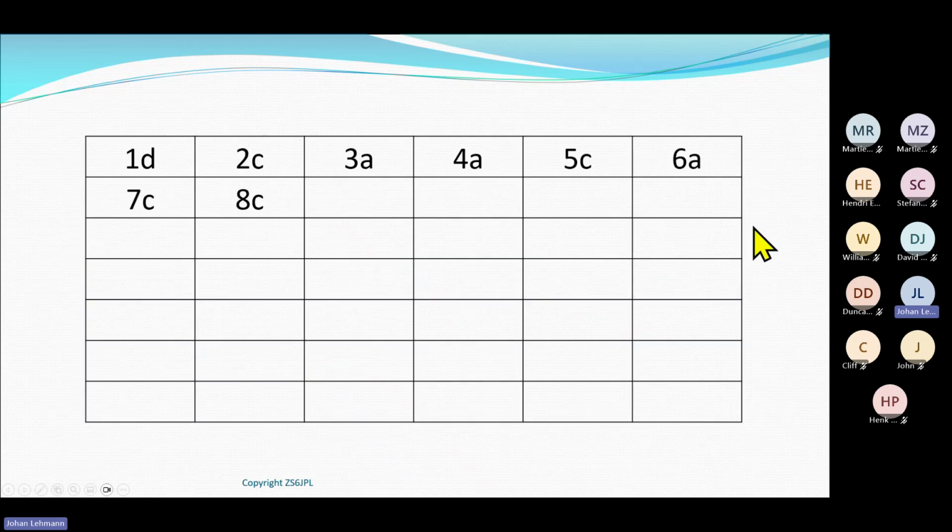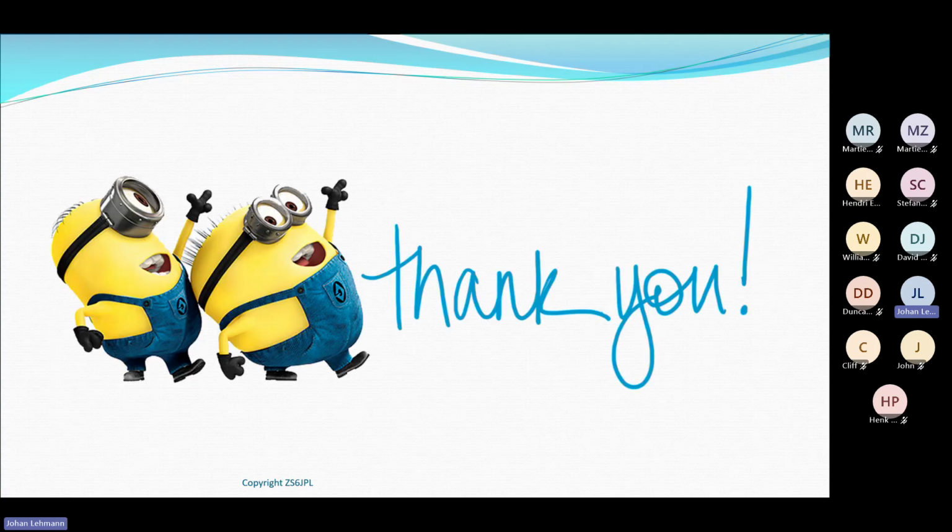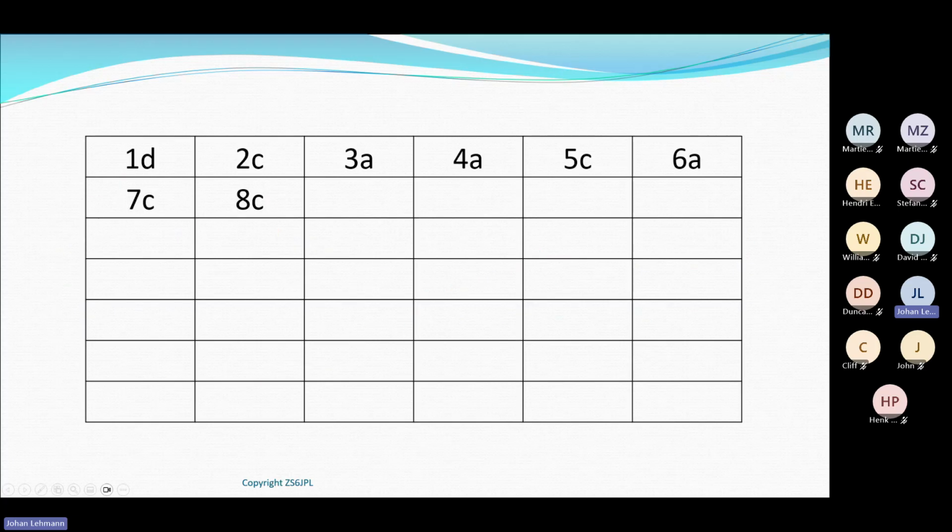Just out of interest, when you look at the recording of the presentation, the answers to the questions would be on the last page of the presentation. So if you want to work through the questions again at a later stage on your own, just look at the presentation. At the end of it, there are answers to the questions. But we will go through the questions.